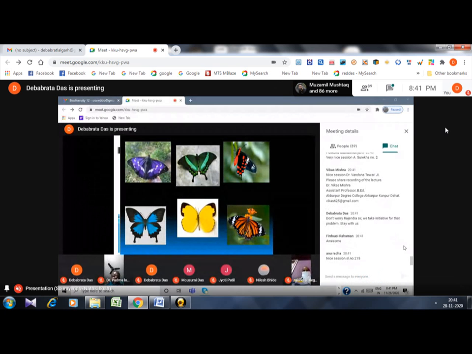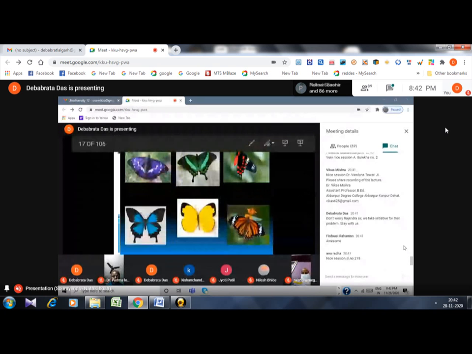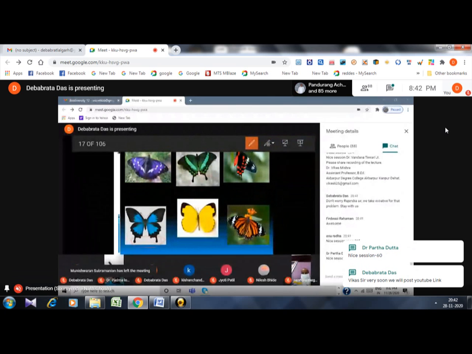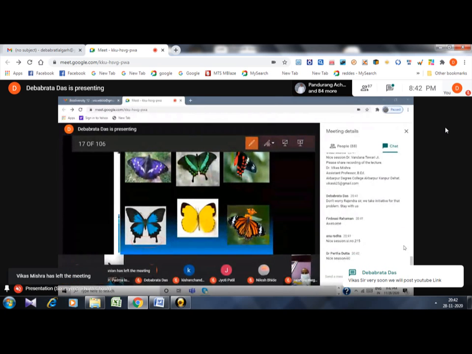The first butterfly you are seeing there is the purple emperor, and then in the bottom left corner you are seeing a blue colored butterfly, that is the mountain blue swallowtail. And here you can see the swallowtail butterflies, as I told you earlier. There are two swallowtail butterflies with two tails. You can see here also and here also, the tails are there in the swallowtail butterflies.